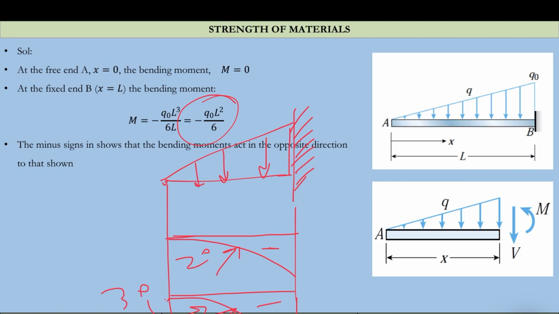In the next lecture we will see how to plot these variations. If we plot the variation of shear force along the beam, it is called the shear force diagram. If it is the variation of bending moment, it is called the bending moment diagram. If it is the variation of axial force, it is termed the axial force diagram. We are going to see this in the next lecture.